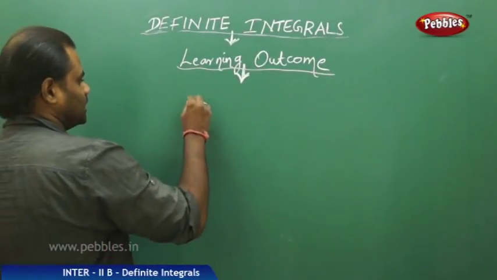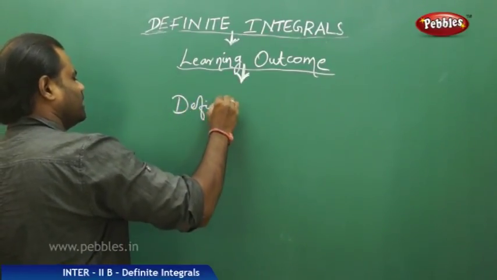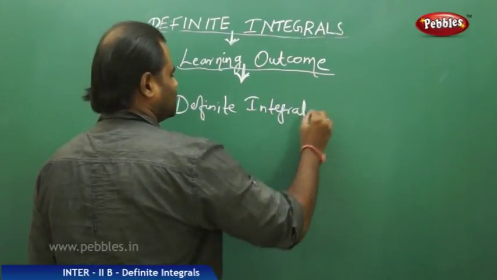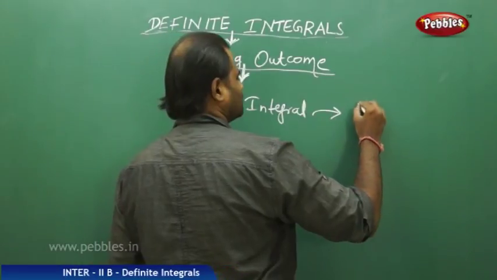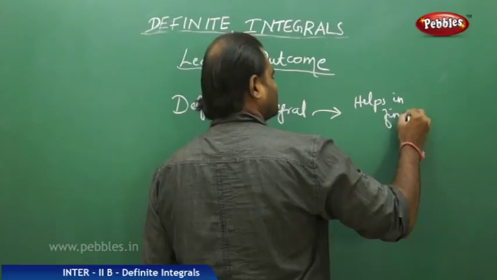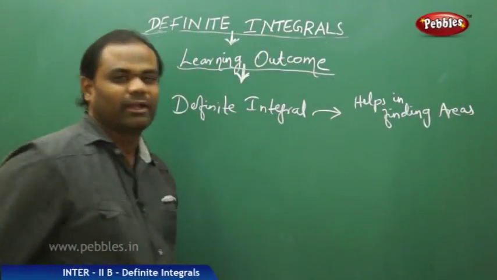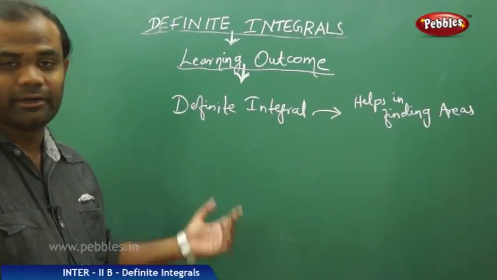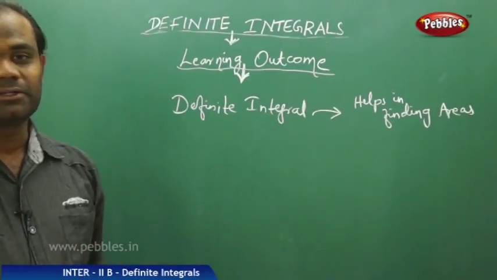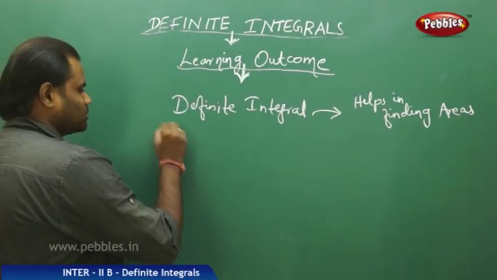We have found that definite integral helps mainly in finding areas of any irregular shapes bounded between the two lines. So definite integral helps in this, and the next learning outcome is that I need to have